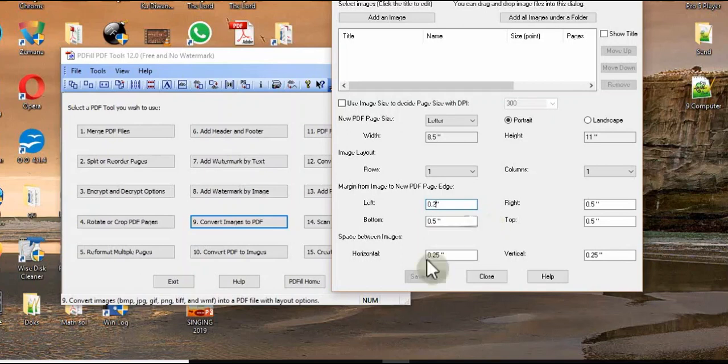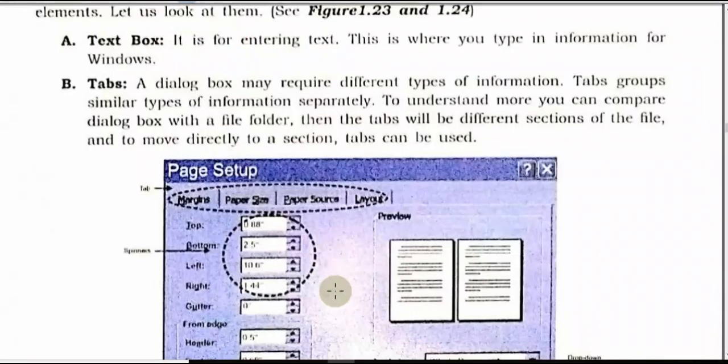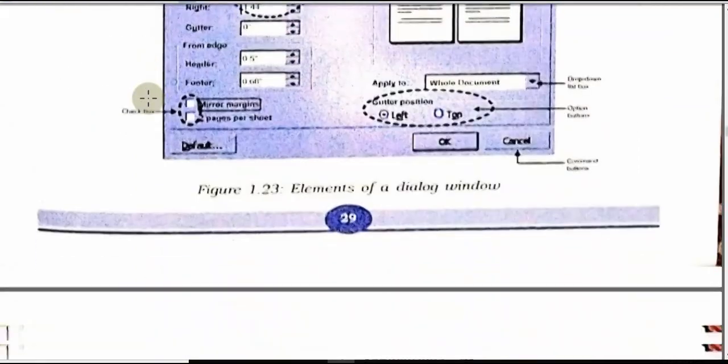Next one, going to this page, is tabs. What is actually meant by a tab? You can go to your keyboard and there is a button called Tab. You can find the button above the Caps Lock key. When you press the Tab, the cursor will go to the right-hand side very fast.